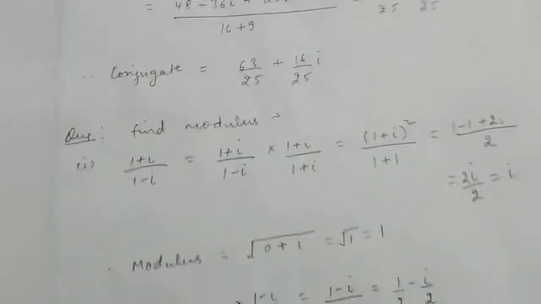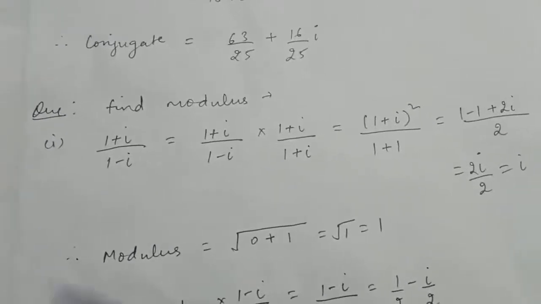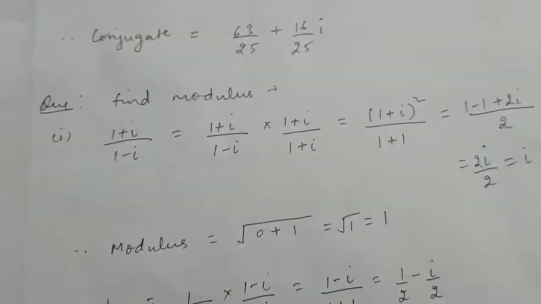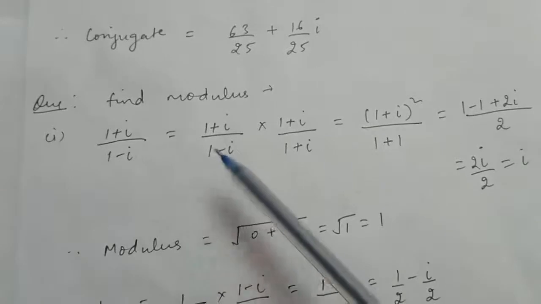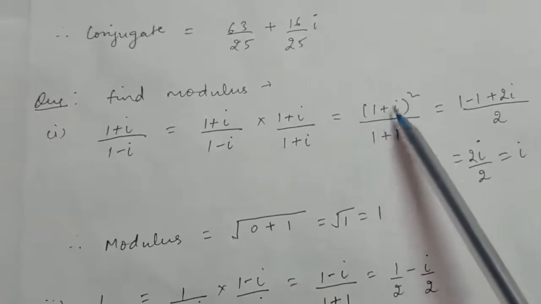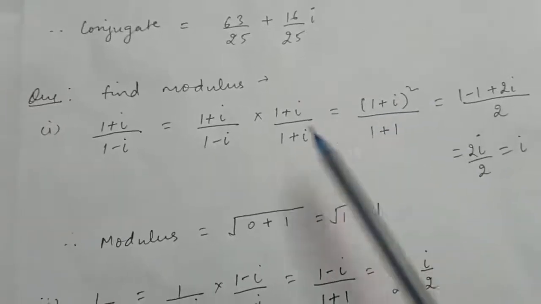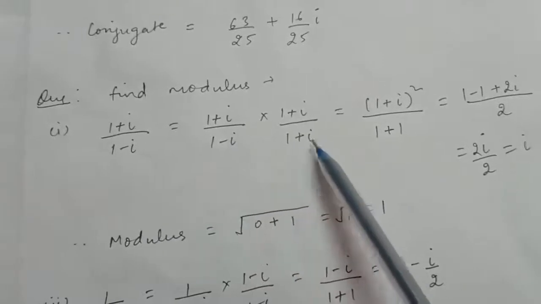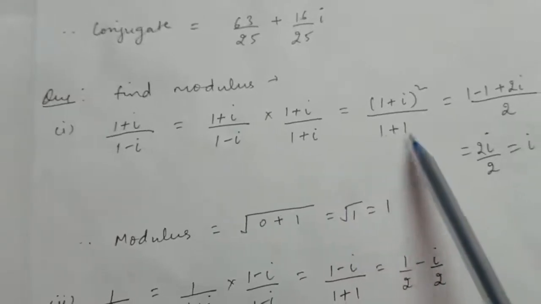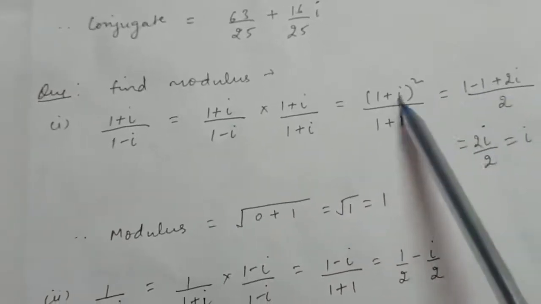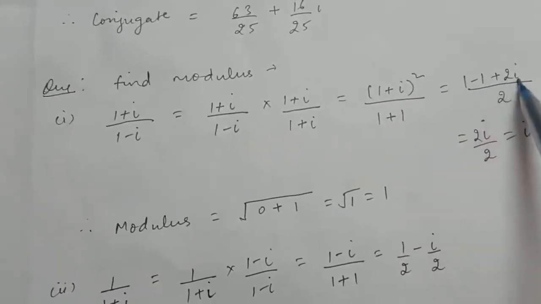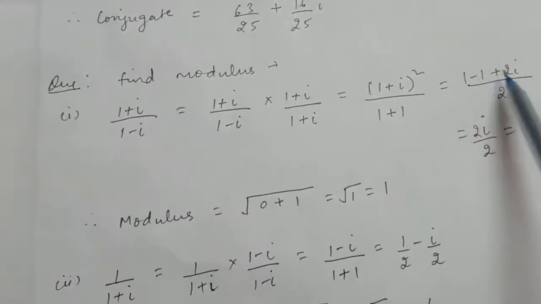Now the next question is find the modulus of 1 plus iota upon 1 minus iota. Now here also, to find out the modulus, first find out this in a plus iota b form. For this, rationalize the number with 1 plus iota, right? In the numerator you will get 1 plus iota whole square, and in the denominator you will get, this is a minus b into a plus b. So a square minus b square will be iota square, which is minus 1. Therefore you will get plus 1, which is equal to, now open the square, a square plus b square, iota square is minus 1 plus 2ab upon 2. Cancel out this 1, you will get 2 iota by